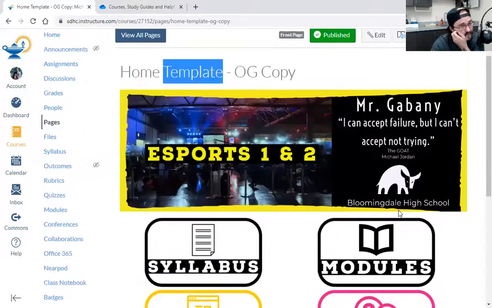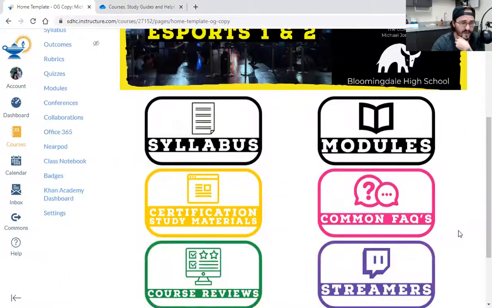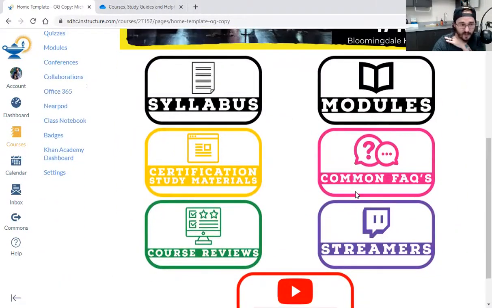So just look at what other people have done if you're having a hard time figuring out what to put on. This is mine. I try to keep it no more than 6 or 7. I think about it from a student's point of view. If you log on and there's 12 different links, it's like going into Cold Stone with 50 different options, right? You want to minimize the flow for students in terms of where they can go. The fewer choices they have, the easier it is going to be for them to maneuver around. So 5 to 7 tends to be the most that I would like to see, in my opinion. That's me personally. I don't know what you guys want, but that's it.